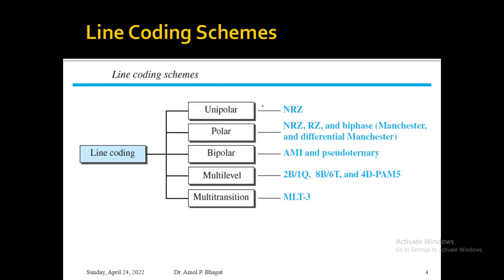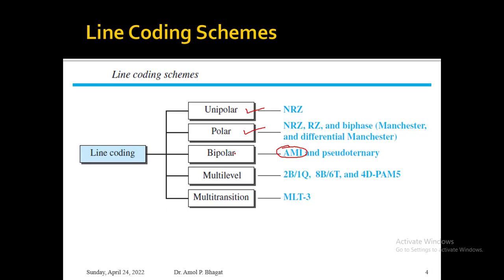In today's session we'll be looking at the Python implementation as well as the description of the unipolar NRZ scheme, then polar NRZ, RZ, Biphase Manchester and differential Manchester, as well as we'll be discussing the AMI scheme from the bipolar